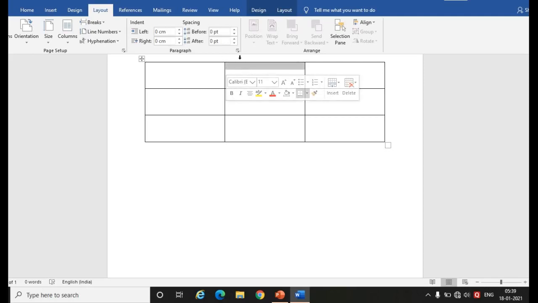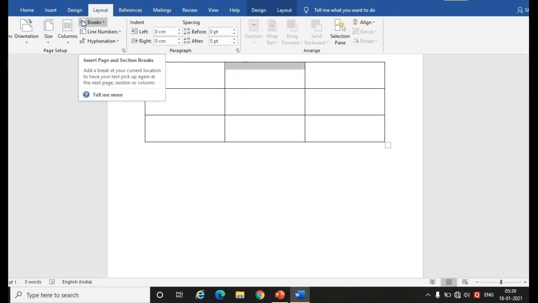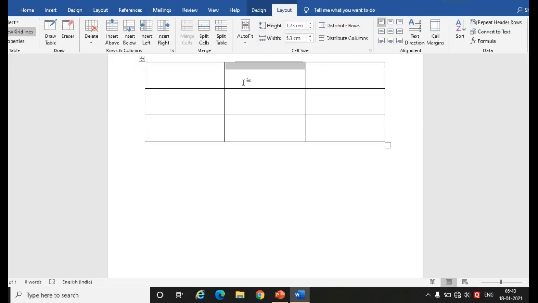If I want to insert a column above this column, there is a layout. Okay, you have to select a cell. After selecting a cell, you have to click on a layout tab. Here the layout tab over here, not this layout tab. You have to click on the layout tab which you get after clicking on a table. After clicking on a layout tab, you will get the table tools option. There are rows and columns.